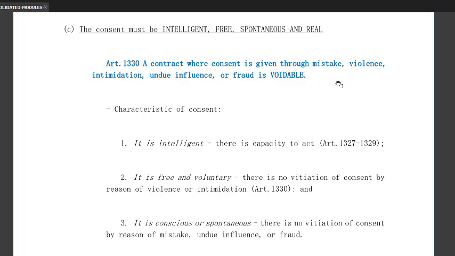Ano ba yung mga iyon? We have 5 here under the enumeration of 1330. Ang sabi dyan ay mistake, violence, intimidation, undue influence, or fraud. Fraud or deceit. Ano? Yung mga vitiation sa contract. So, it affects the first essential element of contract, which is consent. So, here, the consent of the parties is considered vitiated or tainted with any of the 5 causes as mentioned under 1330. Ano? And then,